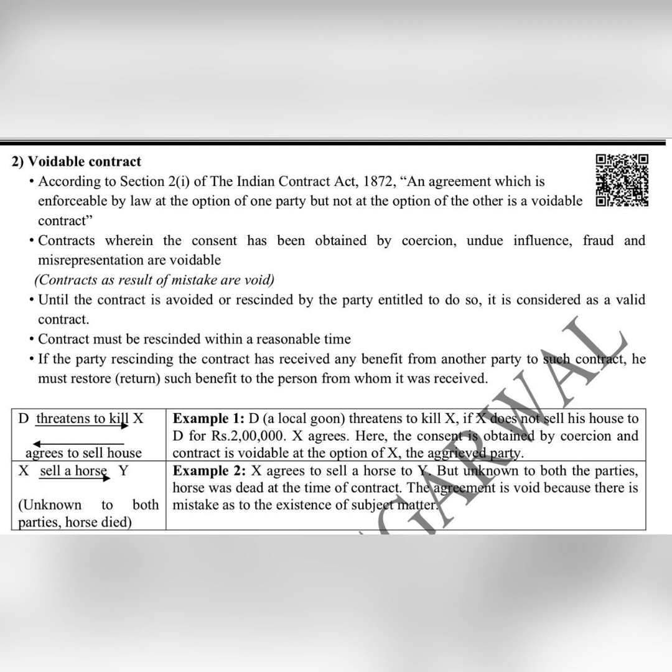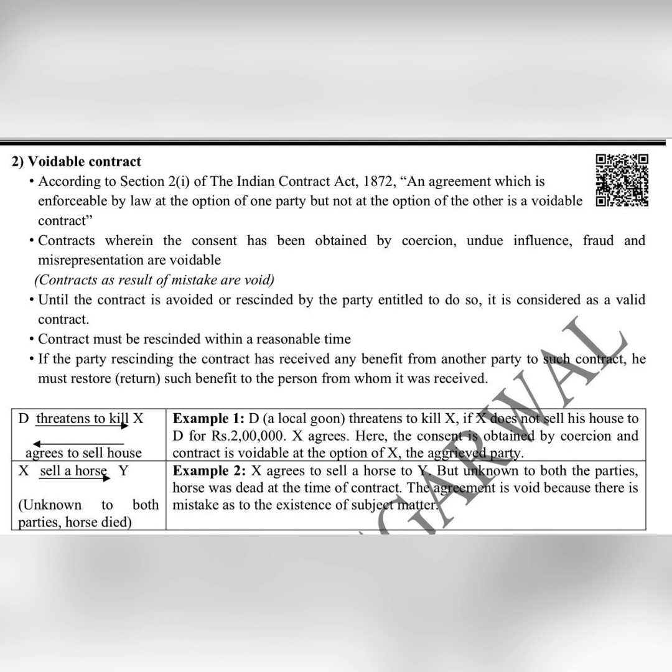Illegal is just an agreement, it will not become a contract because enforceability is missing. These agreements are void ab initio. The collateral to an illegal agreement will also be tainted with illegality, and the collateral will also become illegal. So these are the few points which you need to remember. How to identify illegal? It is very simple. The object will be unlawful, like killing, smuggling, drug dealing. These are all unlawful objects, and therefore the agreement will be an illegal agreement.